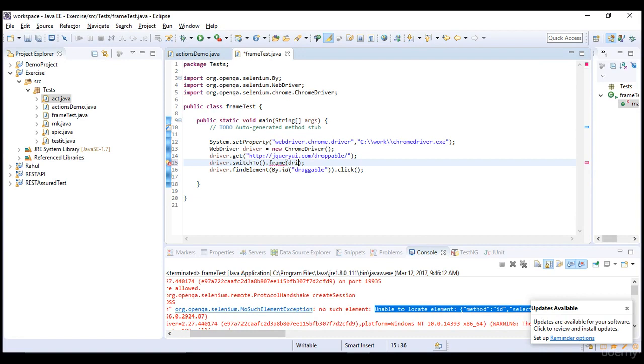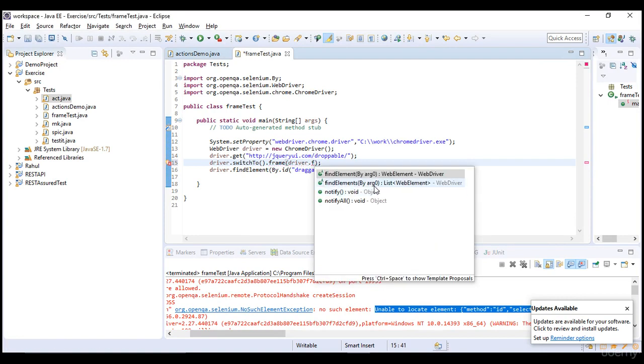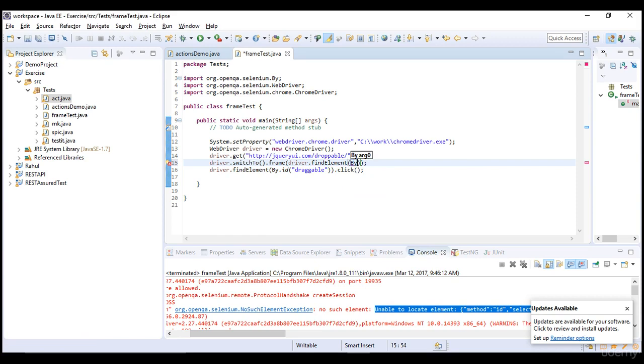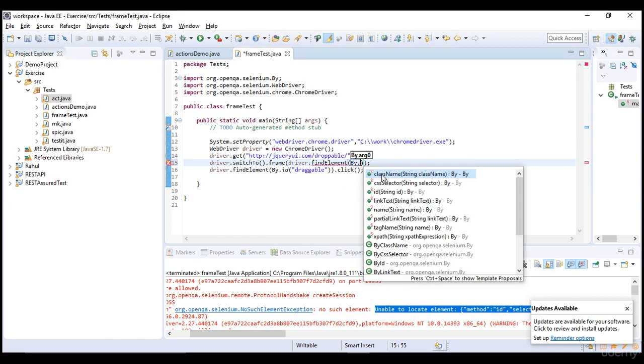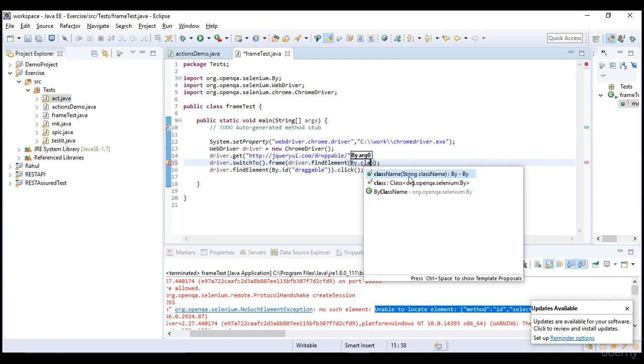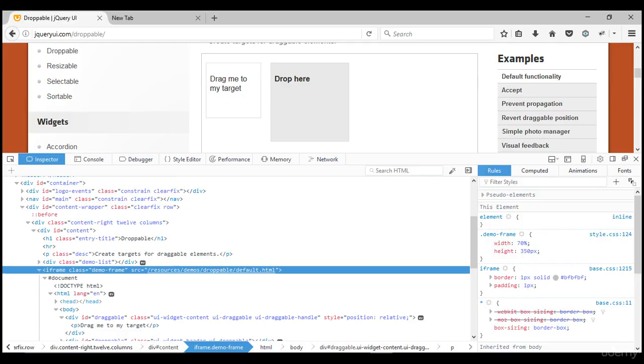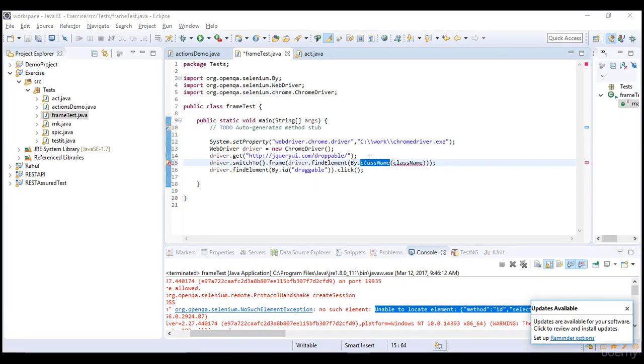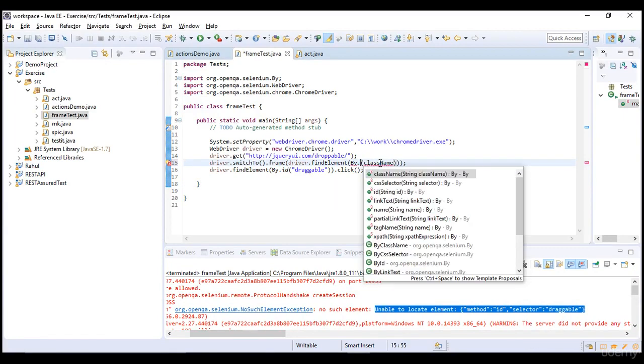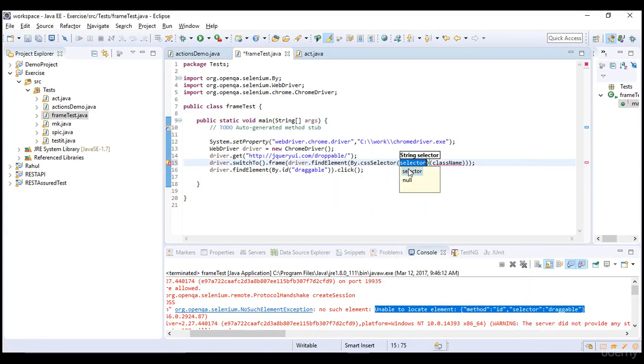So I'll say driver dot find element by, let's say, class name. Yeah, because class name is good. Or we can also give CSS. So CSS works better in this case. It's up to you what you give. Let's try with CSS because we have used ID and XPath in the recent times, but not CSS.